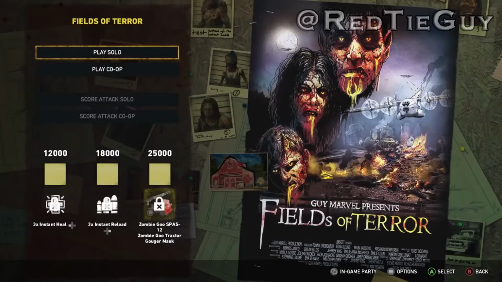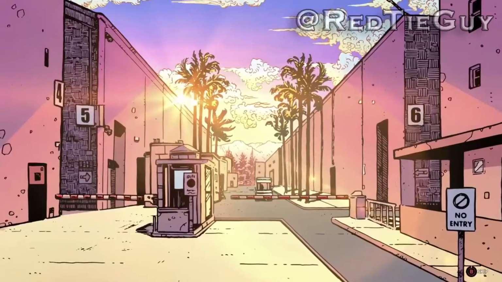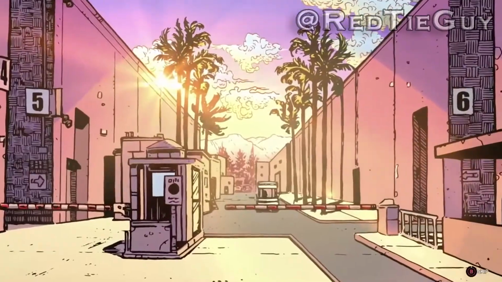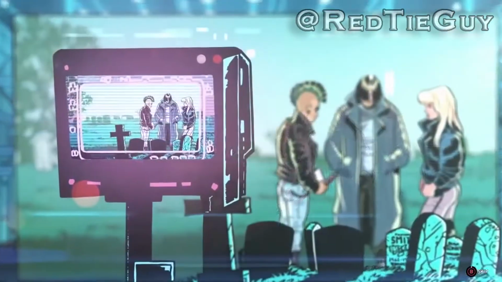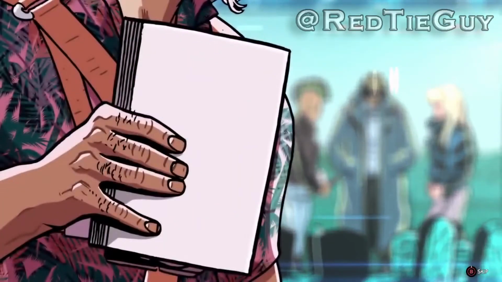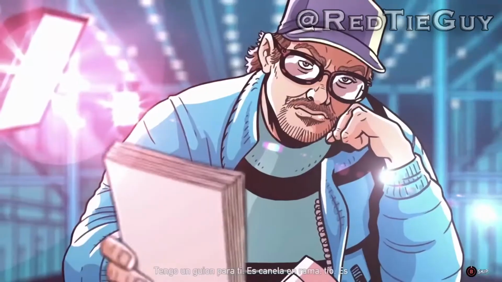Basically, each map has different objectives, and as you fight through these hordes of undead, you unlock the next map, and you also obtain a total score, which can be increased if you replay the same scenario. Once you obtain a 3-star rating on these score attack modes, you'll unlock weapons and gear to use in the